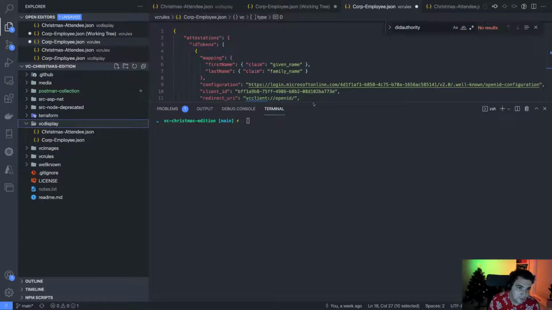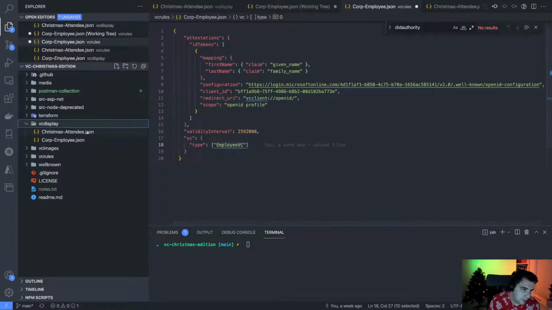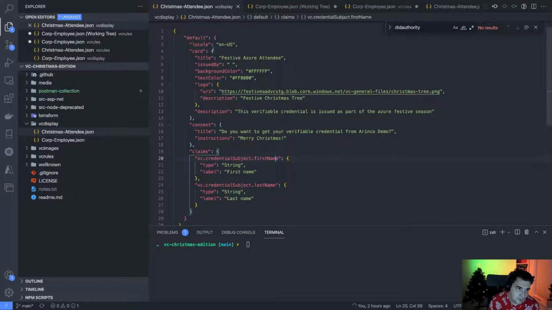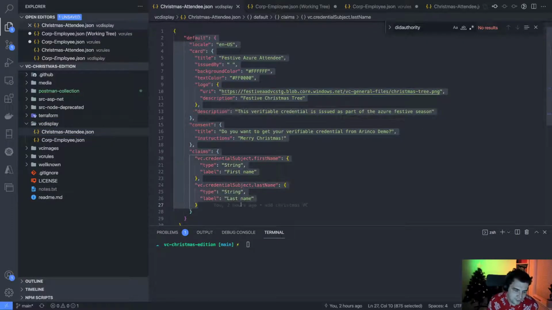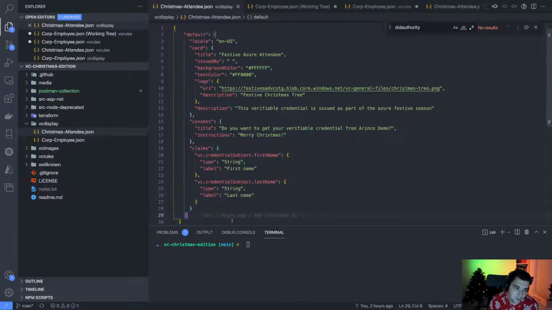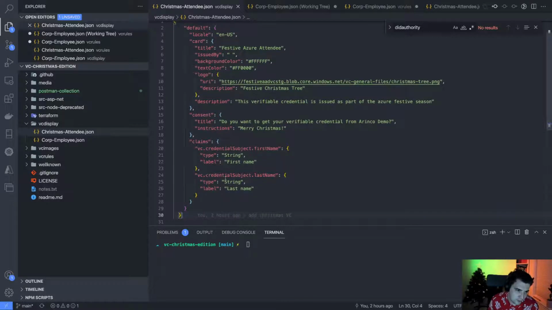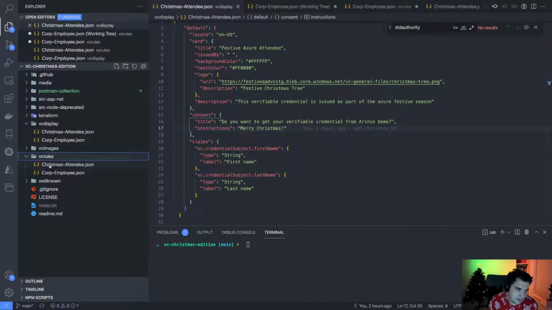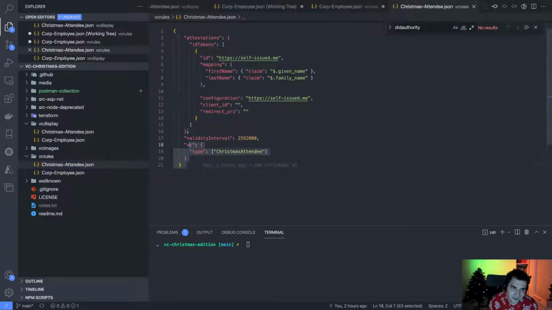So if I open my display file here, I've got a Christmas attendee. I've got a JSON document that describes how that card looks on my phone, where it sits, what the details are, things like what to say when you're issuing it. And I also have a rules file that explains how that ends up.